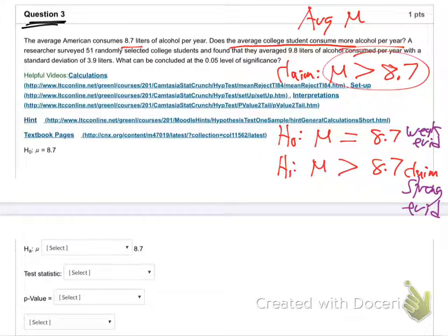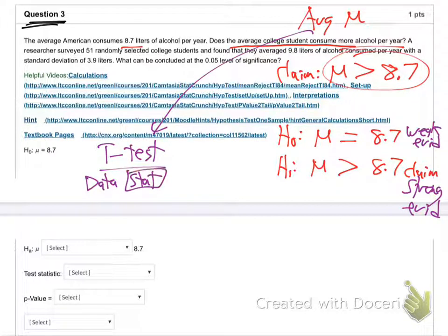And so now we go to the calculator. And no data here, huh? So we don't have to put a bunch of data in L1. And we'll just go to our calculator. It's going to be t-test because it's not a proportion, again, is it? The averages always lead to a t-test. But this time, instead of selecting data, because we don't have data, you're going to select stat. And so you're going to have some statistical information, right?